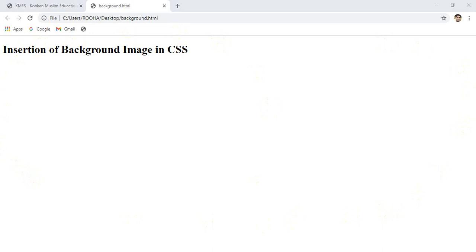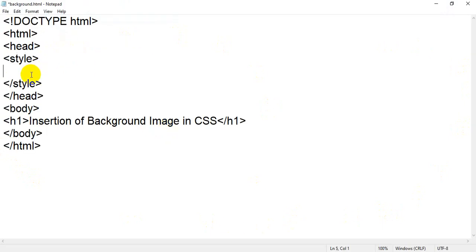So I will go and add style, and I will just add body. Why body? Because I am going to add something to the body of the page. This selector, this HTML tag, is called the body tag, and I am going to add an image to the background of that body, meaning on the whole body I am going to insert an image. So I will take the body selector, then I will write opening and closing braces. Why? Because it's a rule, it's a style for how we can insert CSS. The first thing is called the selector, then we have to write properties and values.